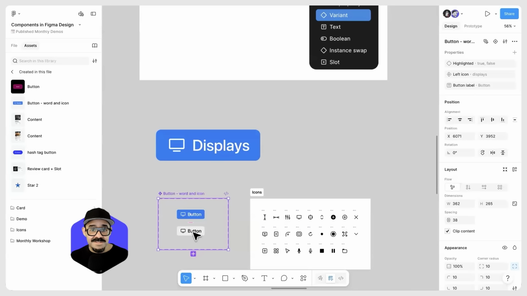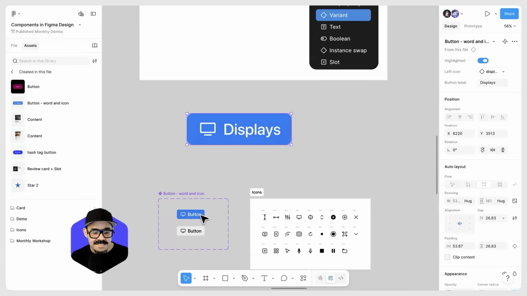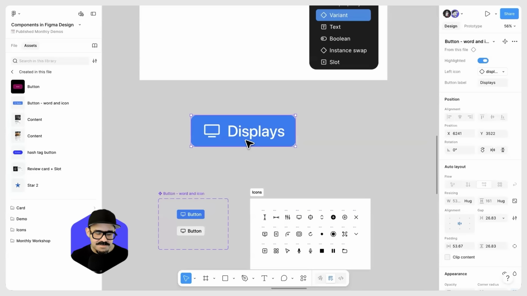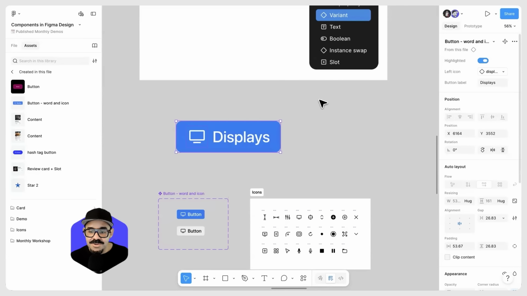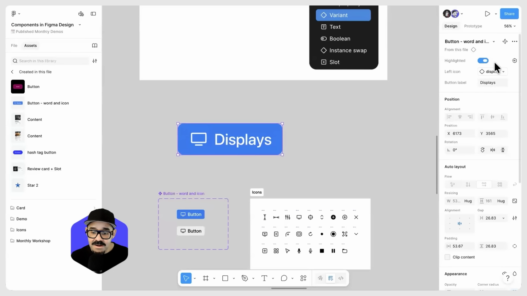Typically, when buttons are built as components, there might be many more different states associated with it: hover state, press state, active state, and they might have different sizes. So this is currently an instance of this. I actually scaled it up using the scale tool just for y'all to see it at home a little bit clearer. And you'll notice that when I select this instance, right, over here on the right, you're going to